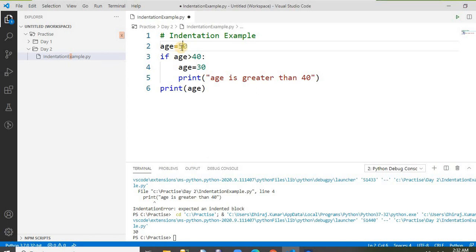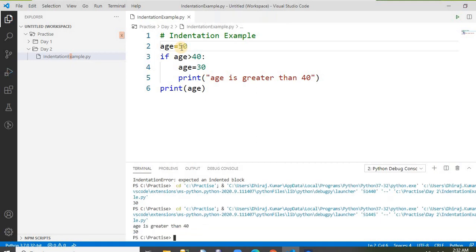Now I have written this, the condition is matched. See, age is greater than 40, it goes inside and sets the variable from 50 to 30. It's printing 30. Okay, this is the correct example of indentation. So while writing the code, you have to indent the code properly to execute. Otherwise, you will get this indentation error n number of times.